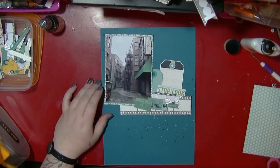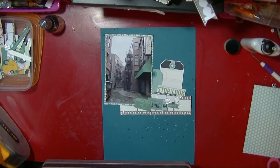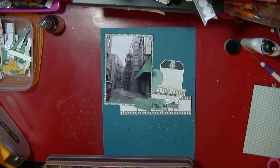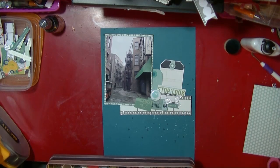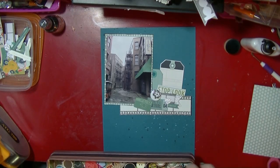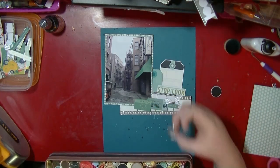I have just put my main embellishment down, but of course I am going to pull out a couple of other little pieces from the embellishment pack to just make it pop a little bit, because most of the embellishment was already on that tag. So I've put the tag down, I've put the film strip piece, and then a larger tag. I'm going to add a flare as well, just to give it a little bit of dimension, but I didn't want to put too much